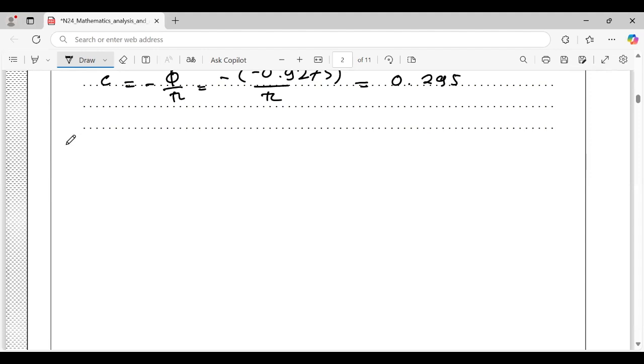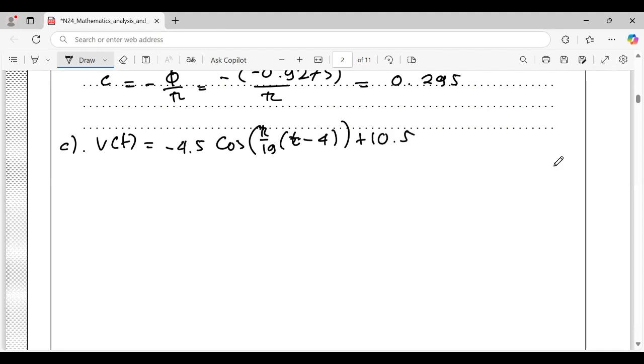But first I'm going to write the function: V(t) = -4.5 cos(pi/19 (t - 4)) + 10.5, right? So to find the time when the car first reaches the maximum velocity, we need to